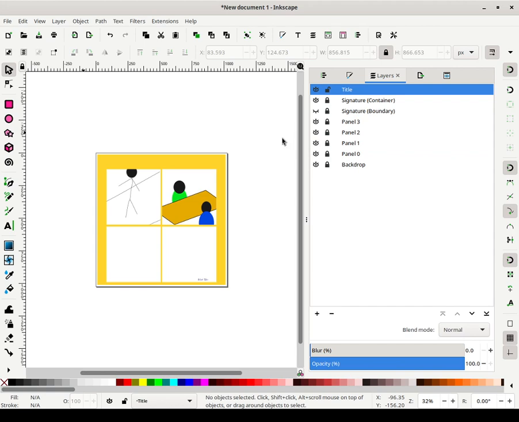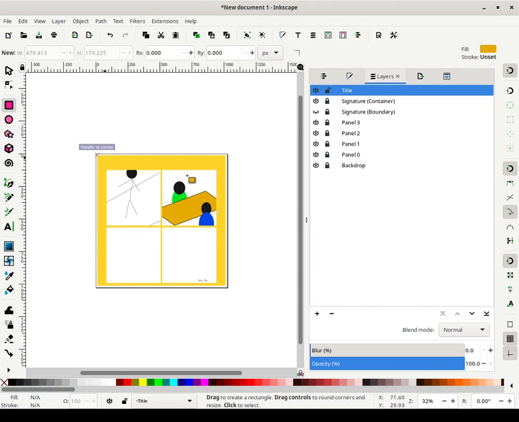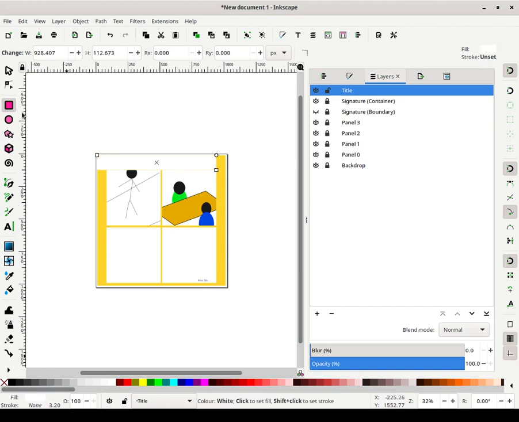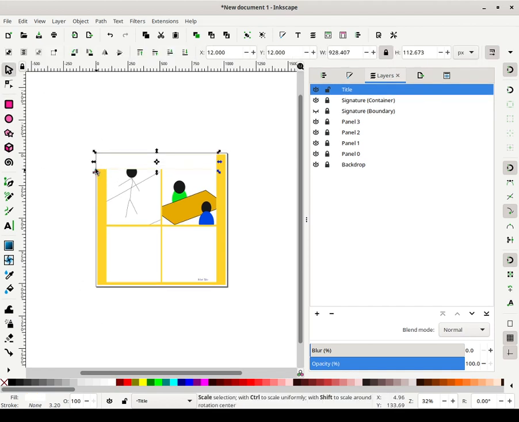But in title, what I'm going to do is add another panel. I'm not being very exact in this case, but normally you would want to grab the dimensions of those two objects selected together and make sure that the title is the same width as them and put it in the very center of the page.